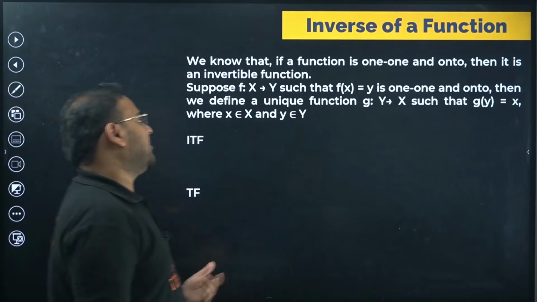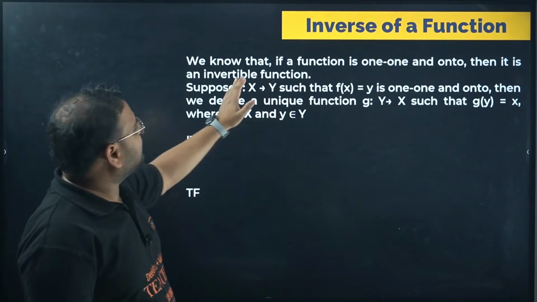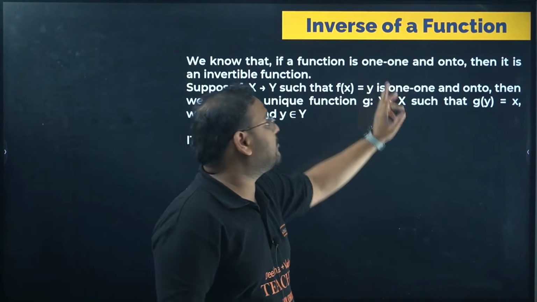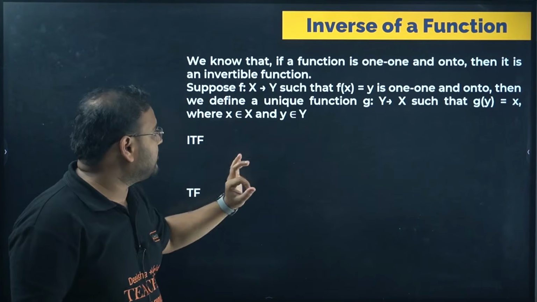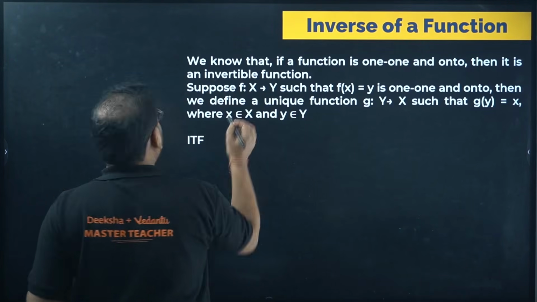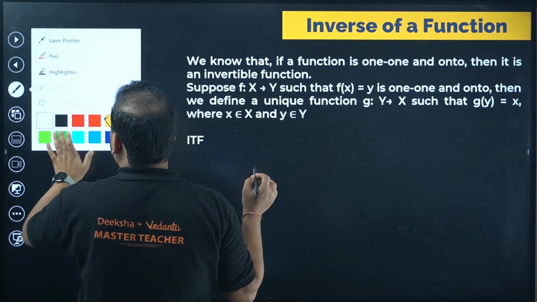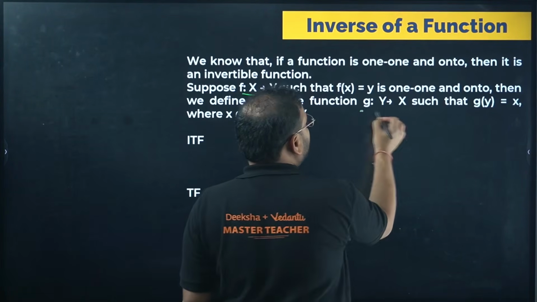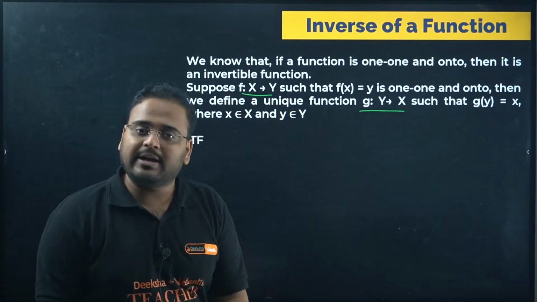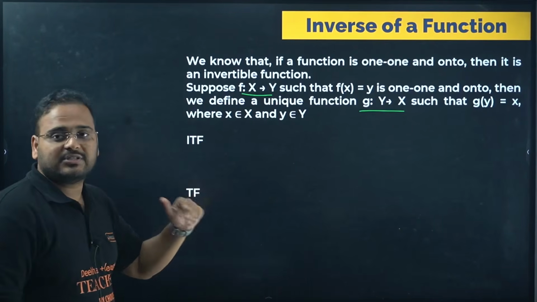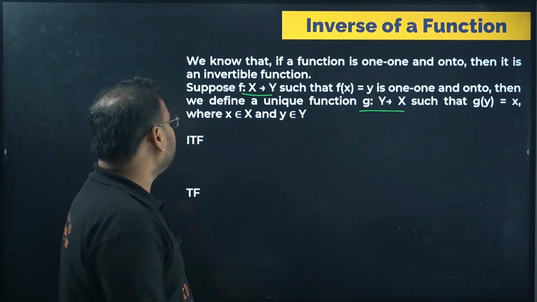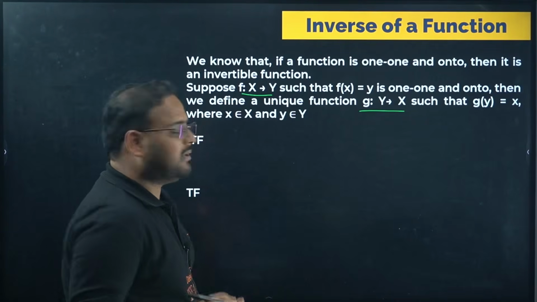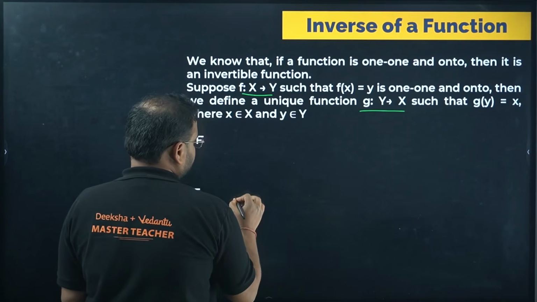Now, inverse of a function, as I already mentioned, we know that it is a function. If the function is one-one and onto, then it is an invertible function. So if the function goes from f: X to Y, where X is the domain and Y is the codomain, then I can write a function g: Y to X, where Y will be the domain and X the codomain. And what happens here is the function will be called invertible. Okay, so for example, as I said, to check here,